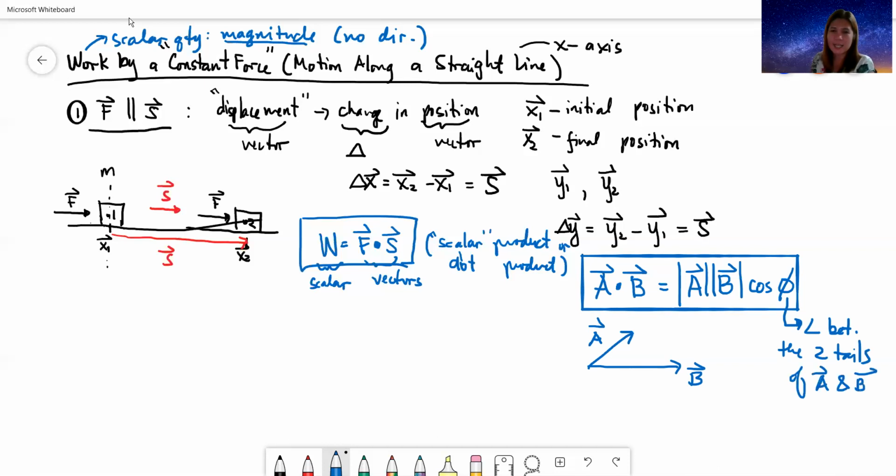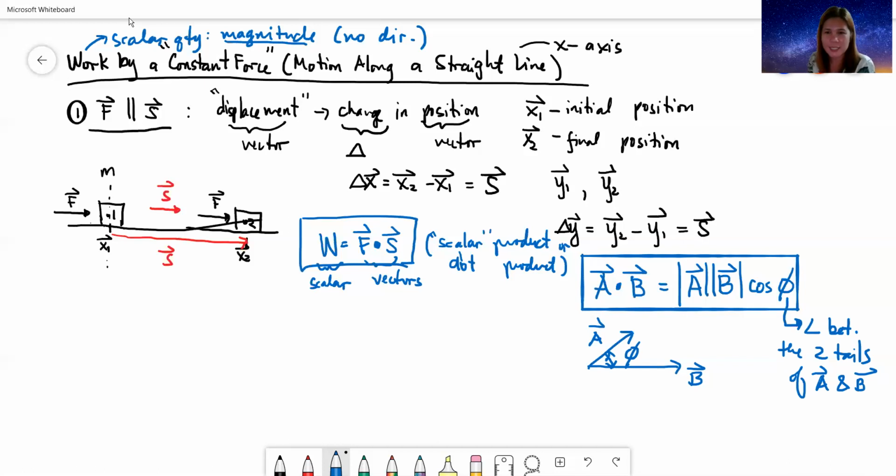So, not all angles given in the problem are immediately the ones to substitute, ha? For phi here, sketch it first, even on scratch paper, put the two tail to tail, and then the angle between them, that's your phi. Ayan, this is angle phi. So, I hope you now appreciate that product that we learned in the past. It turns out it has a purpose here.